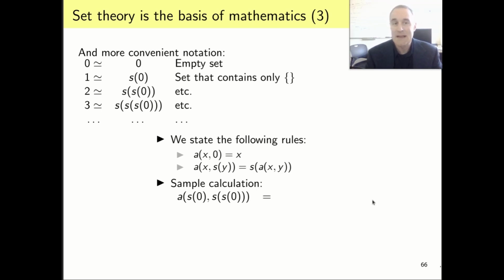Right? Our base case is that we know that the number 0 is just equal to the empty set, the first set that we've constructed. And so if we want to define addition, and that's denoted here by this a function, we have a base case where adding anything to 0 is that original thing. So the addition of x and 0 is x. Then we can also talk about the recursive case.